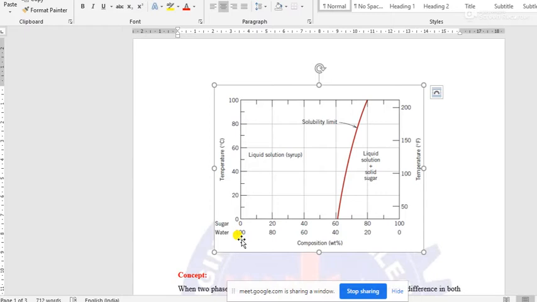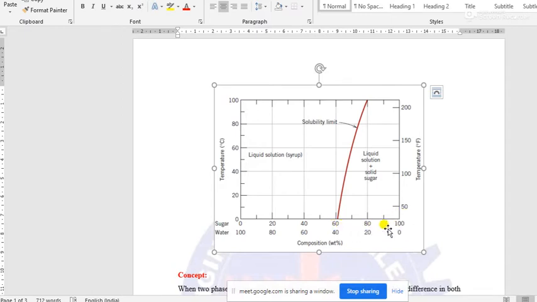This is only the weight percentage of sugar and water. After increasing the weight percentage value of sugar,